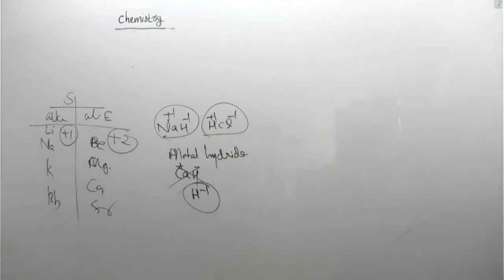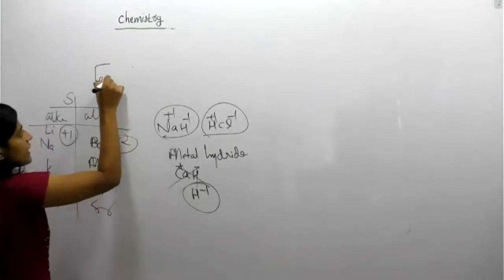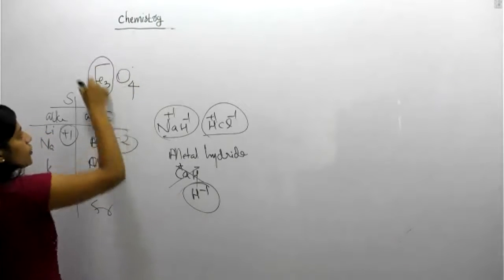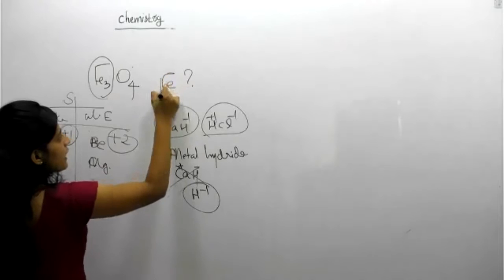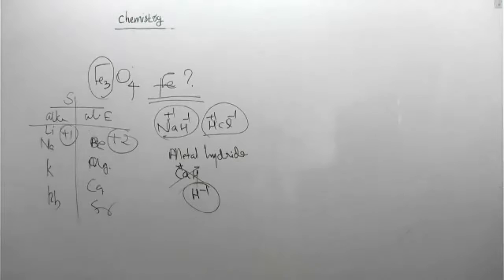Can you check Fe3O4, I am giving you. I want to check the oxidation state of Fe. What is the oxidation state of Fe? Oxidation state is either a fractional number or a whole number. Both have a chance. So you want to find the Fe oxidation state in Fe3O4. Do it now.